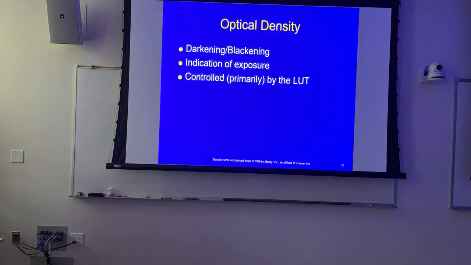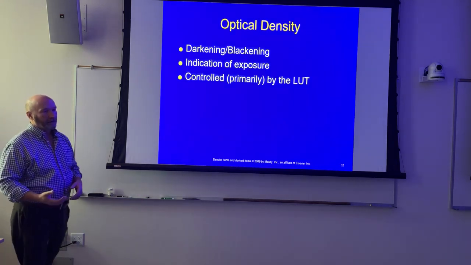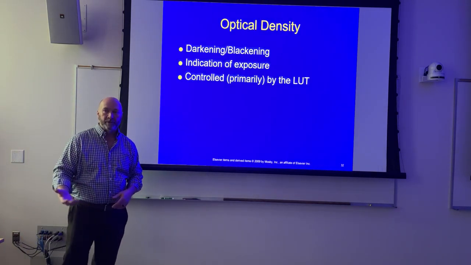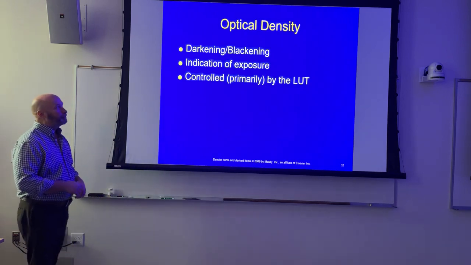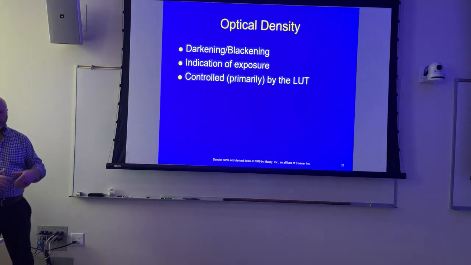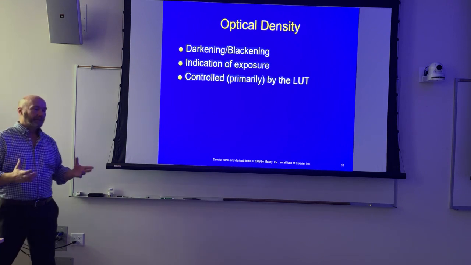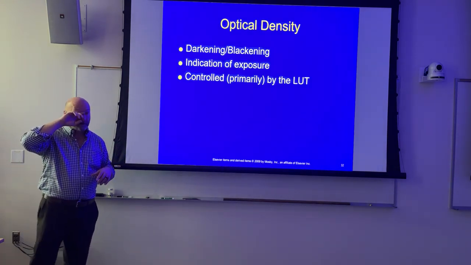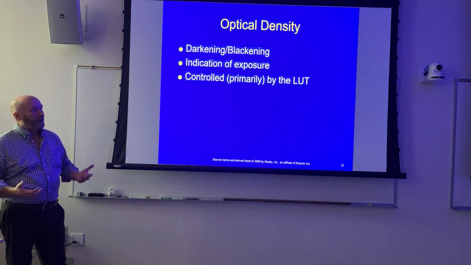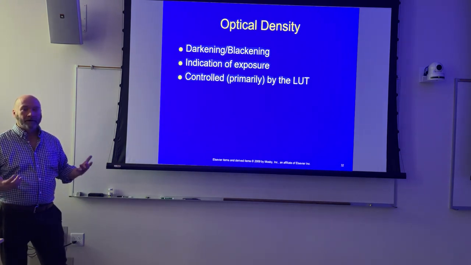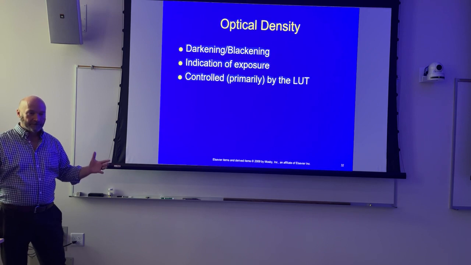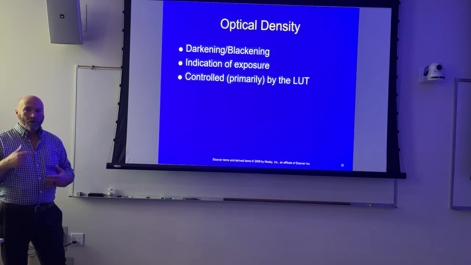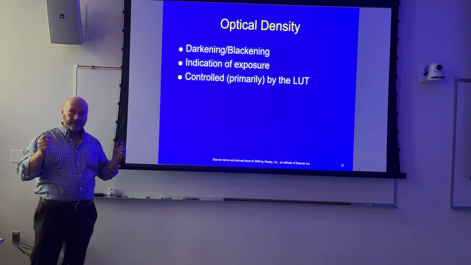So we talked about optical density. That's the darkening, the blackening. It's an indication of exposure, and it's controlled primarily by the lookup table. Certainly you have to have exposure in order for it to calculate that. But here's the thing. The overall image is going to be created by whatever the computer sees. All right, so let's say we shot my hand on a 14 by 17 image receptor and it can collimate. What the computer is going to see is